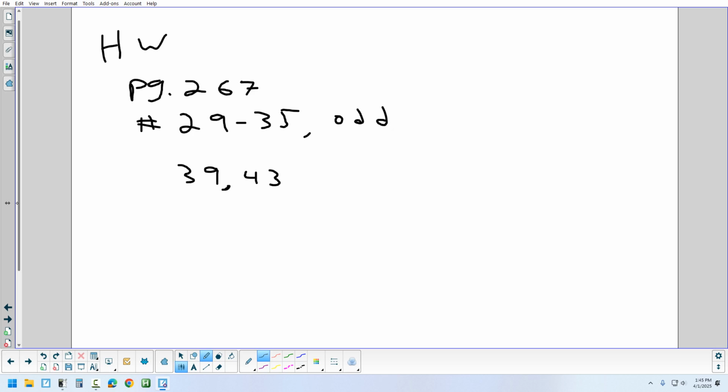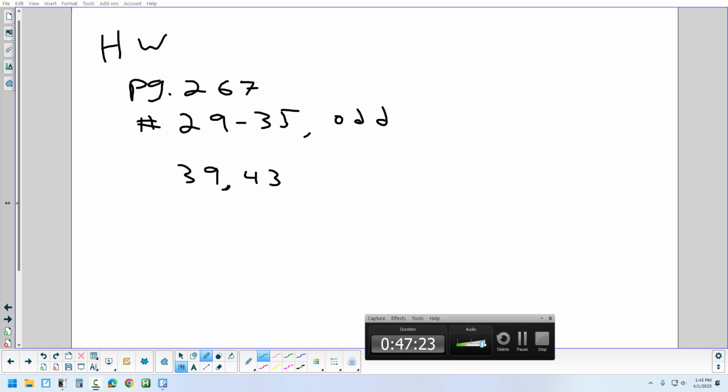I like this idea. So for 267, it's 29 to 35 odd, and 39 and 40. And those are the word problems, aren't they? I think 39 and 43 are the word problems. Part 2. Yeah, because